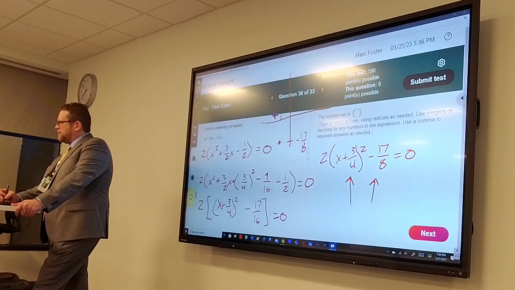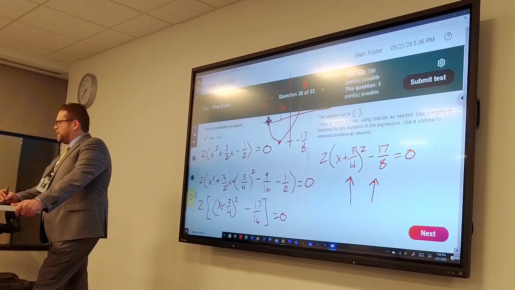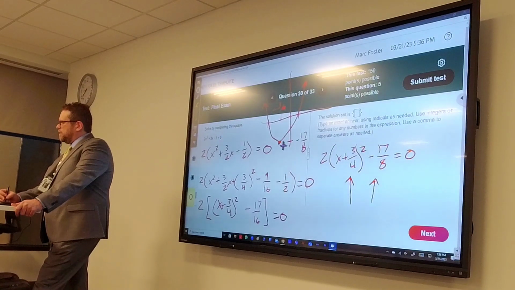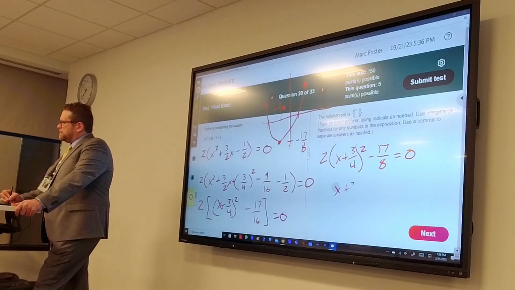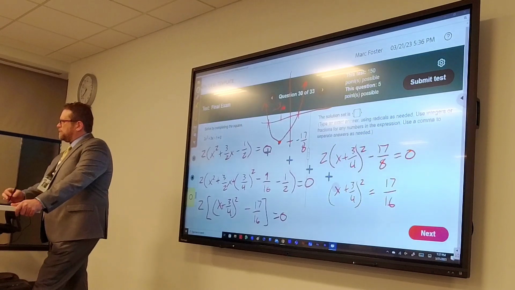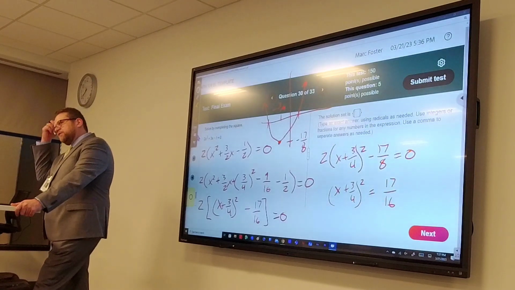And that is where the vertex is, at that ordered pair. And it's going to go up like this because the leading coefficient is positive. And when we solve this thing for 0, we will have those 2 points where it crosses the x-axis. So I would get x plus 3/4 squared being equal to 17/16, and then I take a square root